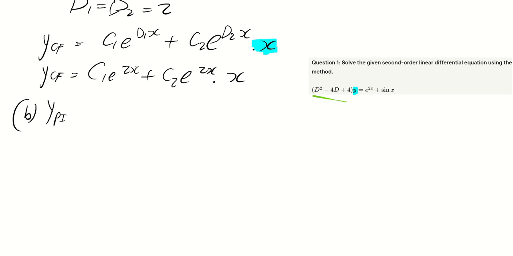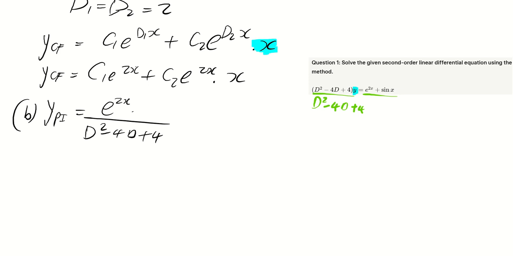It means you have to divide both sides by D squared minus 4D plus 4. So you'll be left with y. That y that you are left with, we call YPI, and then you'll have e to the power 2x divided by D squared minus 4D plus 4, and then plus